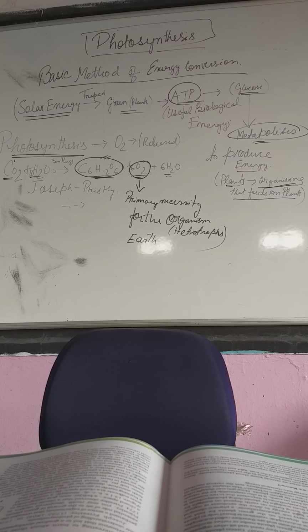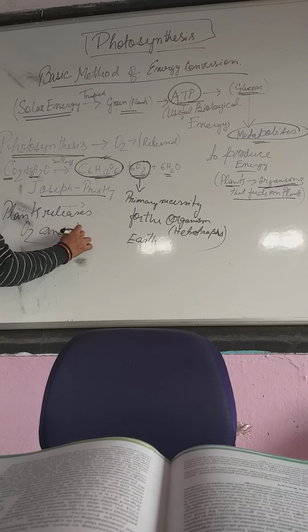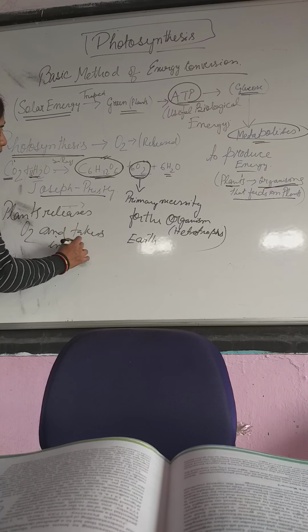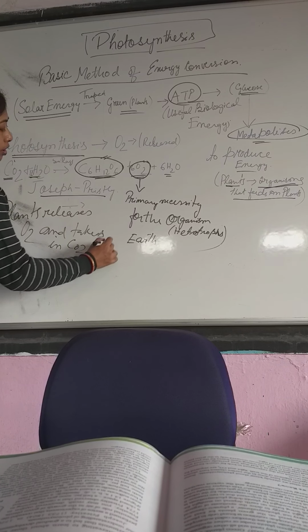So the basic existence of the heterotrophs depends on oxygen, and it is possible only through the process of photosynthesis. Now see, it was Joseph Priestley, the first scientist who discovered that plants release oxygen and take in carbon dioxide for